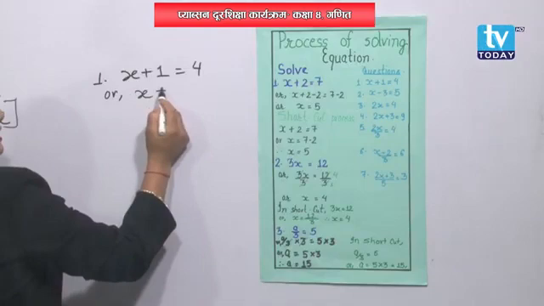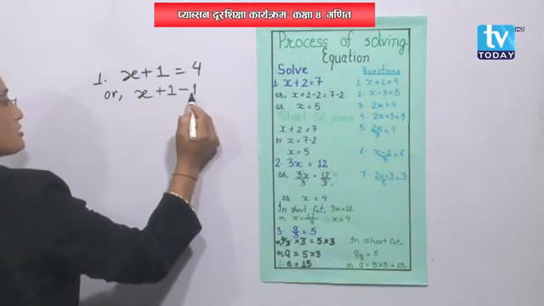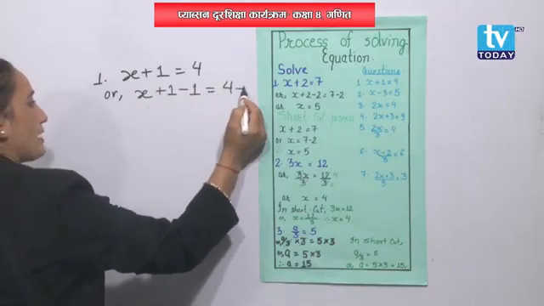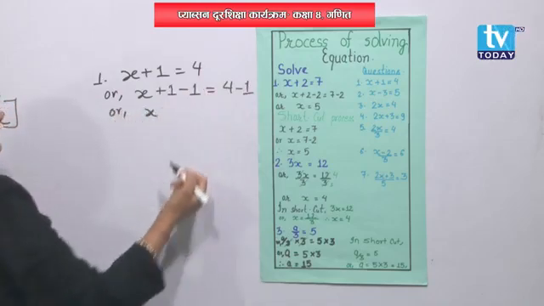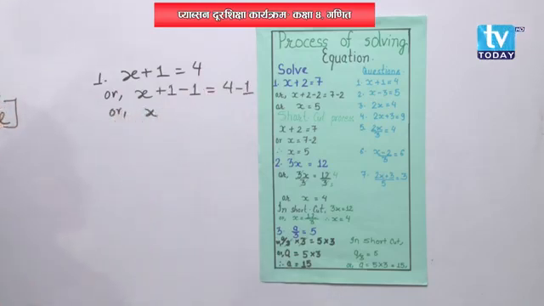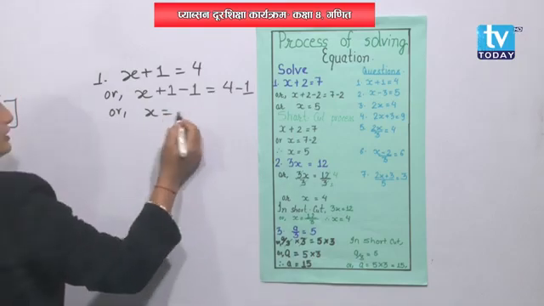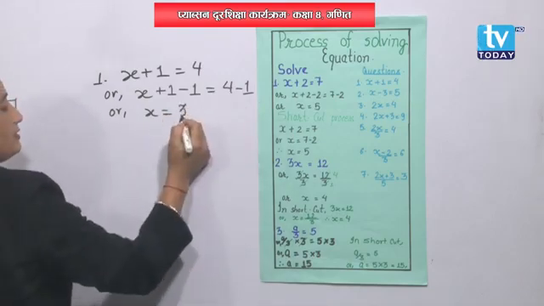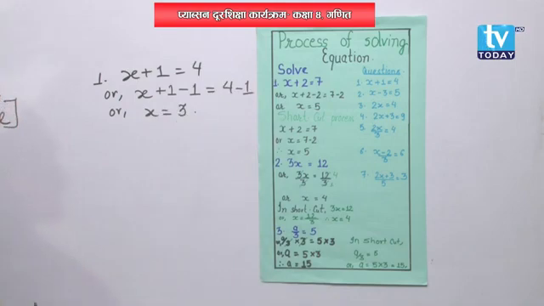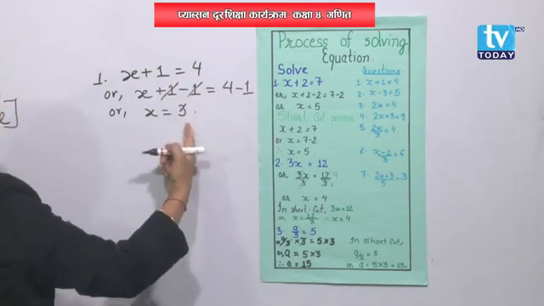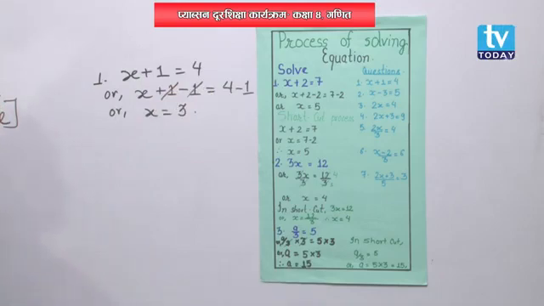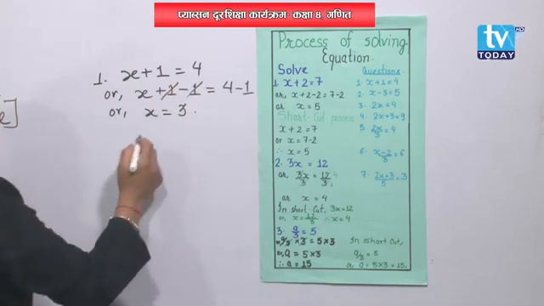X plus 1 is here, so I have to subtract 1 from here, 4 minus 1. Or x, 1 and 1 will be cut and the remainder will be 0. So you don't need to show it. So 4 minus 1 will be 3. Or you can write it this way: this one cut and then the remainder x equals 3. Okay. Or in the shortcut,